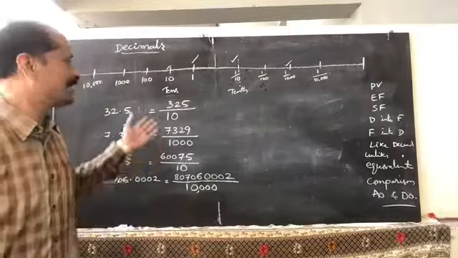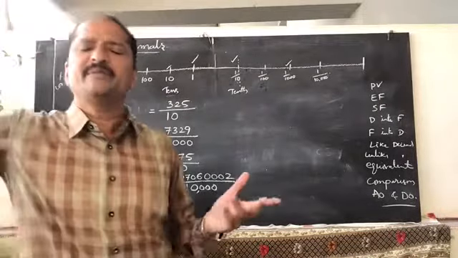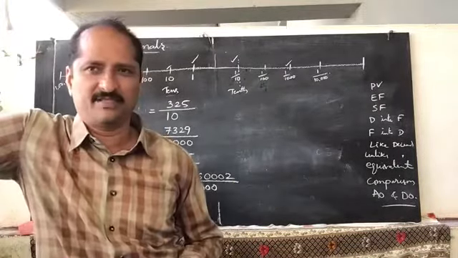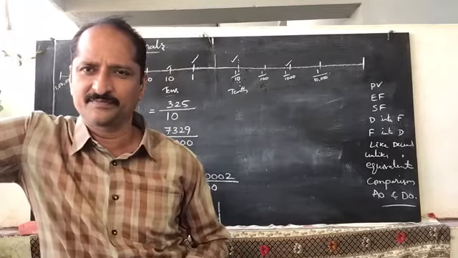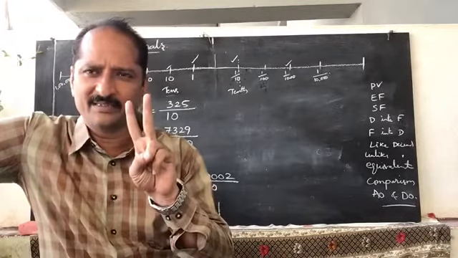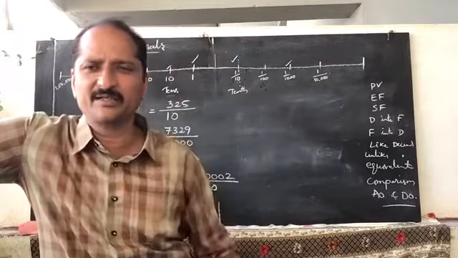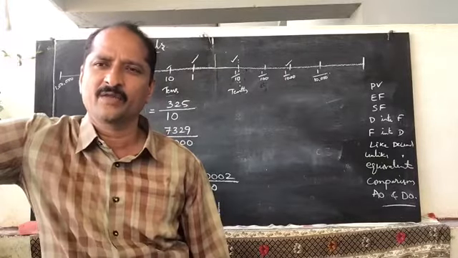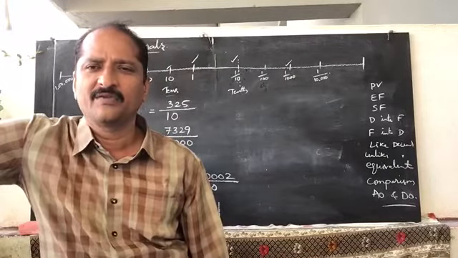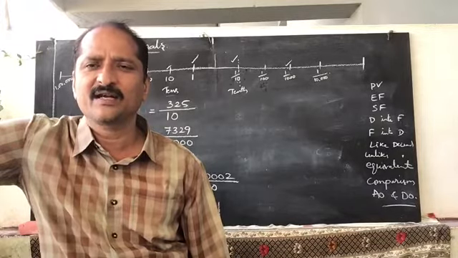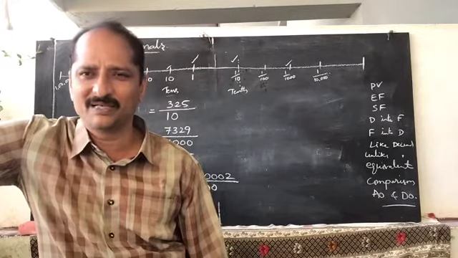So this is the conversion of a decimal into a fraction. Very, very easy. The only thing you have to remember is 2 points. First remove the decimal point, write the number in the numerator, divided by 1 after which we should place zeros according to the number of digits in the decimal part.